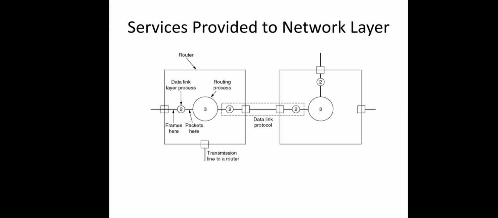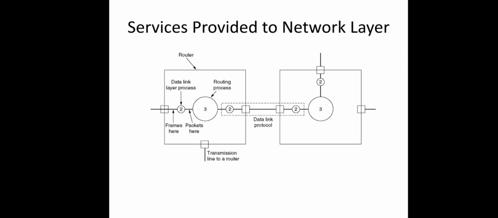It is the duty of this data link layer protocol to make unreliable communication lines look perfect, or at least fairly good, to the network layer. So here it is shown like two different copies of the data link layer for the same router, right? Actually, that is not the case. The same data link layer software will be there, and different copies will handle different lines. For each line, there will be a separate copy of the same data link software.